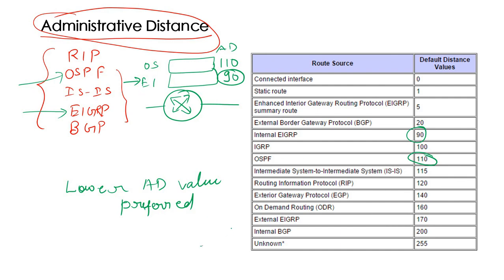So these are the standard AD values of the different routing protocols. Whenever we are running multiple routing protocols, the router selects the lower AD value information as the good information, and that is entered in the routing table. Just for information, connected interfaces have 0. Whenever we give any static route as a manual entry, that has very high priority, or in fact a very low AD value. So it will always be preferred if you have manually entered any path.